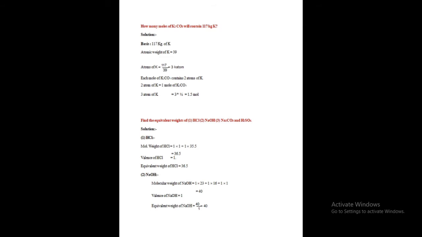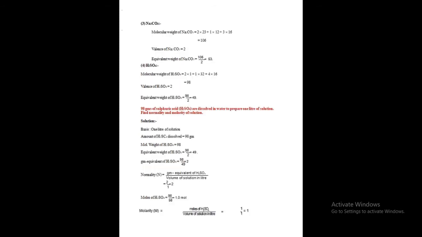So coming to the point, equivalent weight of sodium hydroxide is molecular weight of sodium hydroxide divided by valency, 40 divided by 1 is equal to 40. So in this case the molecular weight of sodium hydroxide is also 40, and the equivalent weight of sodium hydroxide is 40. So both are equal. These are special cases. This happens where molecular weight is equal to equivalent weight. Not in all cases, only some special cases.